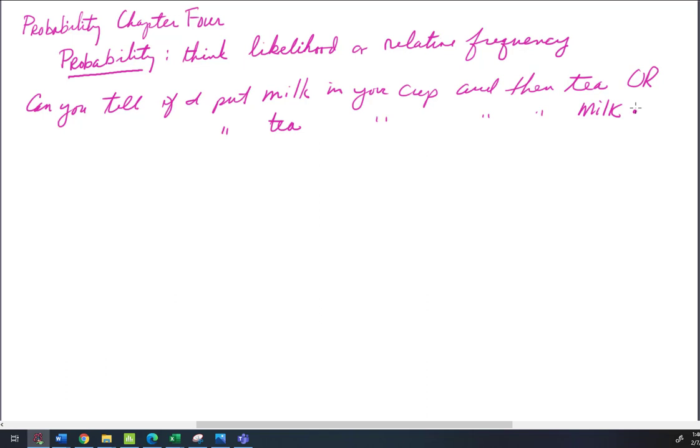And this is a famous story. It involved a statistician whose name is R.A. Fisher and a nice lady that he was having tea with one afternoon, and she claimed that she could tell the difference if you put milk in her cup and then added the tea, or if you did it the other way around. And so in order to test this, he gave her 10 cups